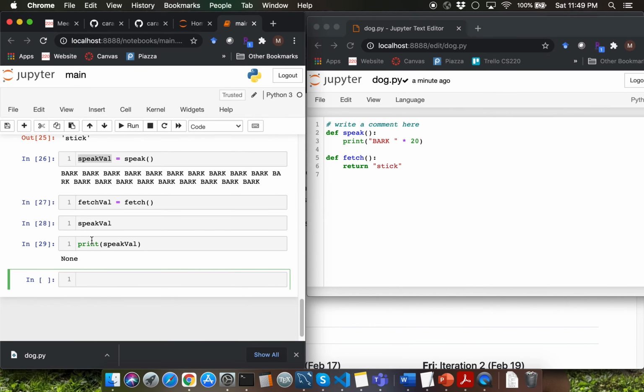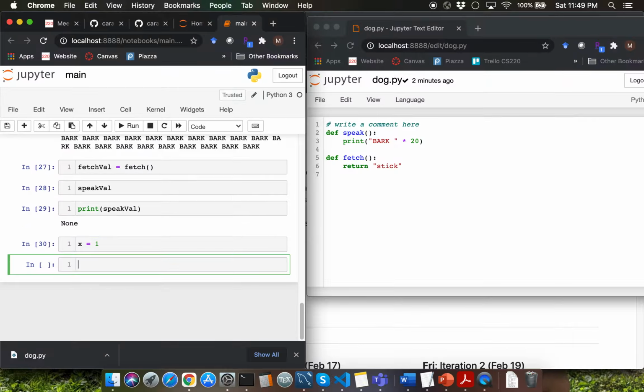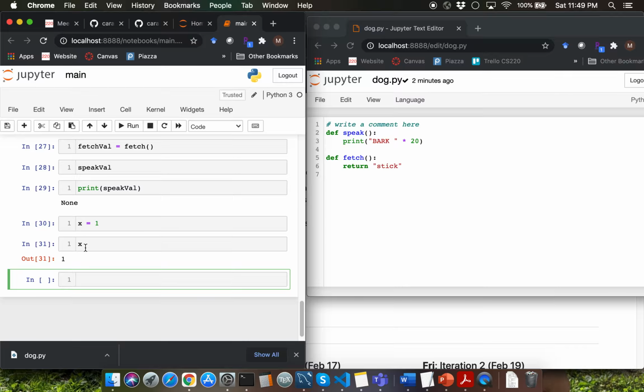The reason as to why we got nothing is because speak_val has an assigned value of None. None is a special type in Python which indicates that a particular variable has no value assigned to it. When you initially assign a value to a variable, for example by saying x equal to 1, you're initializing the variable to a value of 1.